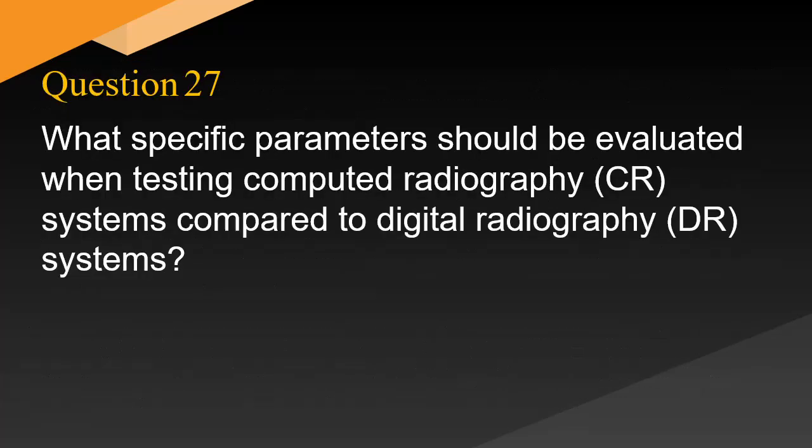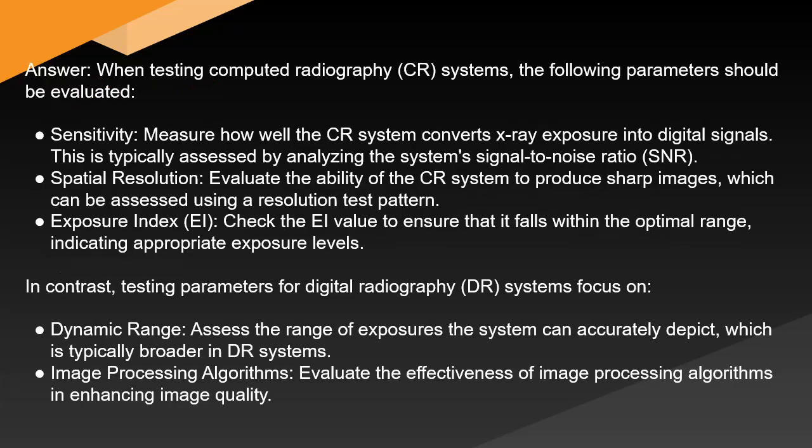imaging effectiveness. What specific parameters should be evaluated when testing computed radiography (CR) systems compared to digital radiography (DR) systems? Answer. When testing computed radiography (CR) systems, the following parameters should be evaluated. Sensitivity. Measure how well the CR system converts X-ray exposure into digital signals. This is typically assessed by analyzing the system's signal-to-noise ratio (SNR). Spatial resolution. Evaluate the ability of the CR system to produce sharp images, which can be assessed using a resolution